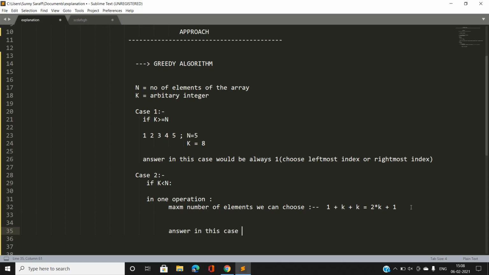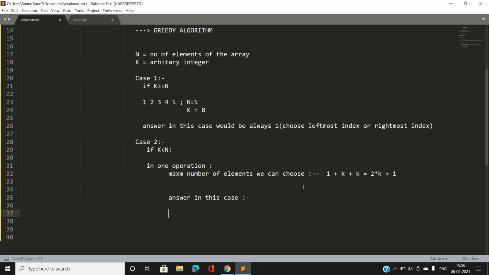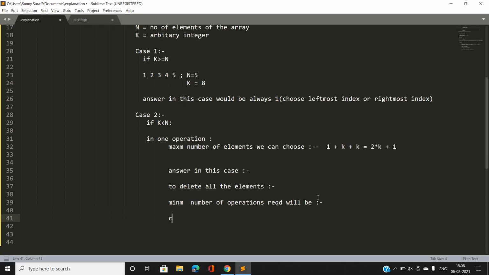The minimum number of operations that we are going to apply to delete all the elements required will be the ceil value of the division of the total number of elements divided by 2 into k plus 1.